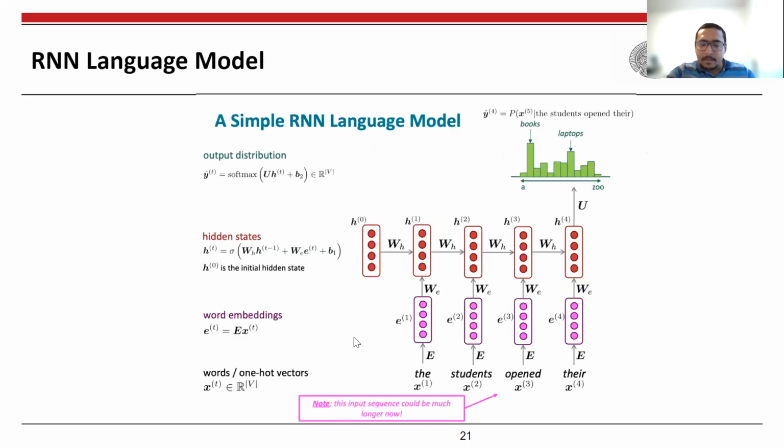So, as an example here, just to give you an illustration. You have the students open there, you take the word "the", pass it through a technique like Word2Vec, which will give you a representation for "the". Then it will pass through this shared layer, which will give you a representation. And then this shared layer will be copied over to the next state. And again, it will be used to give you a new set of representations, which will again be used in the next state. So that is how this particular process goes on.